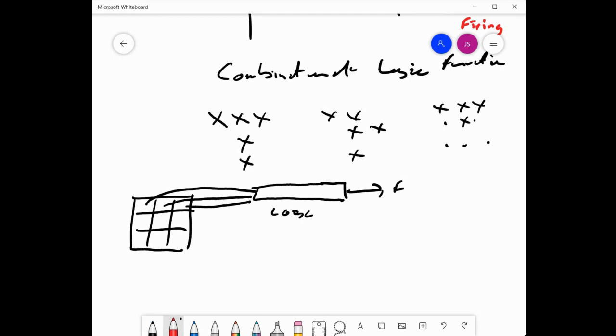If this is a random access memory as a logic function, then it would be 8 bits. There we are, and these would be addresses 0, 0, 0 and 1, 1, 1. And if I were to train on the first letter, T, let's assume the cross is 1 and the blank screen is 0. The input here would be 1, 1, 1.